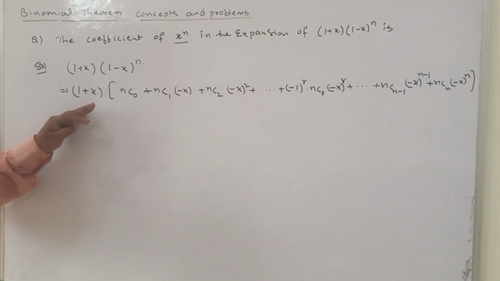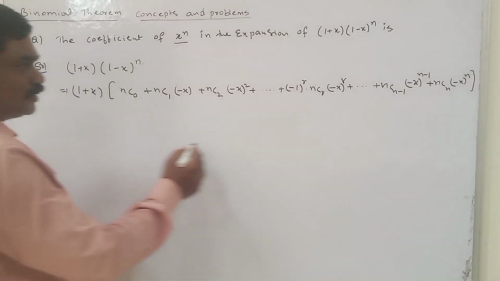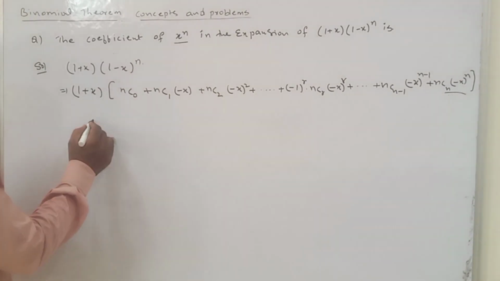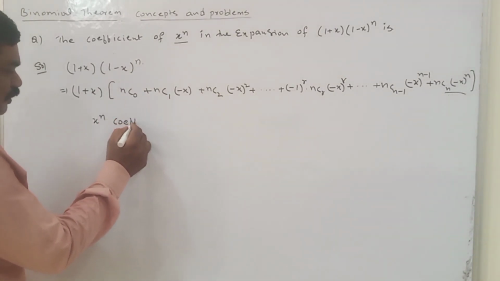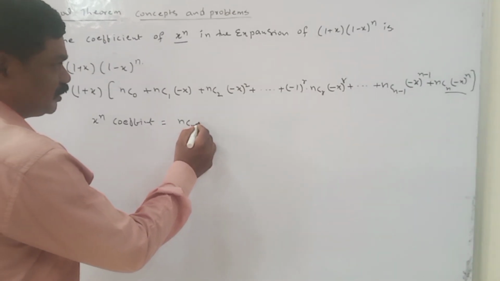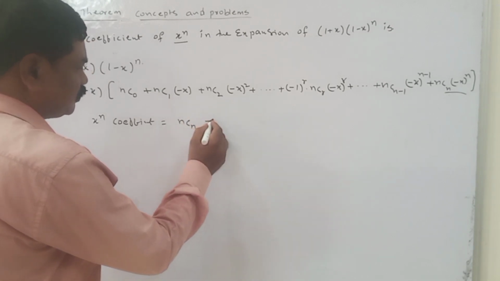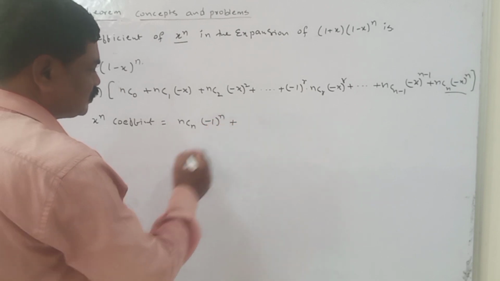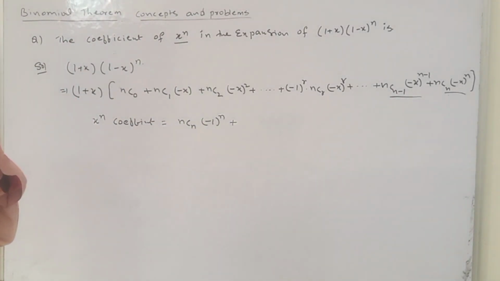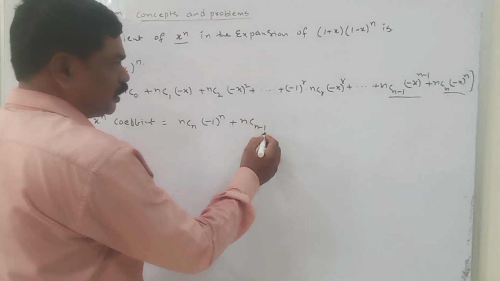Here we want the x power n coefficient. You multiply 1 with this one, you will get the x power n coefficient. The x power n coefficient is equal to what? That is nCn, this is minus x whole power n, or you type minus 1 whole power n, plus one more x into this one. You will get the x power n coefficient, that is nCn minus 1